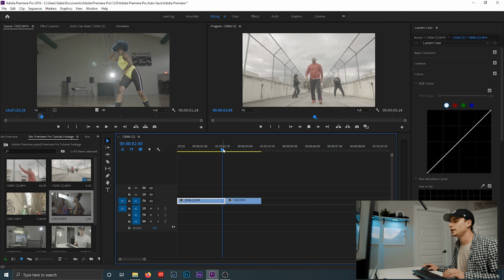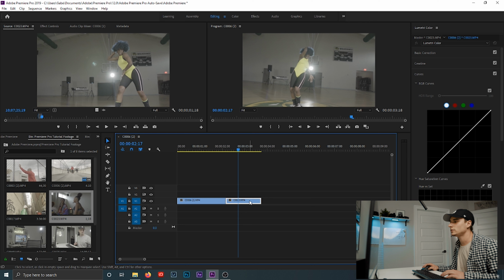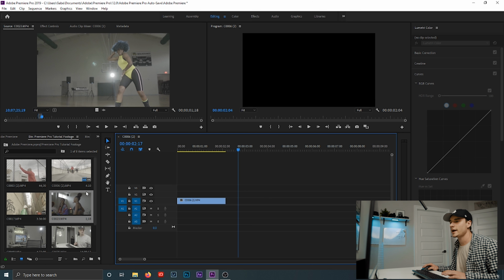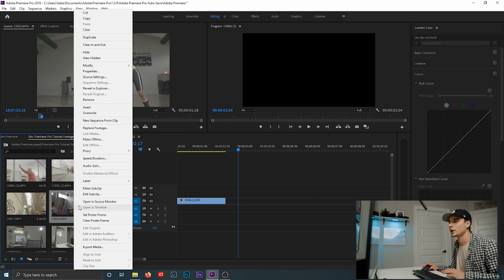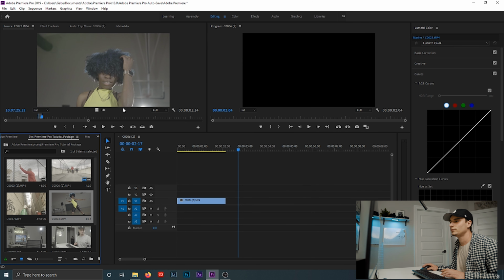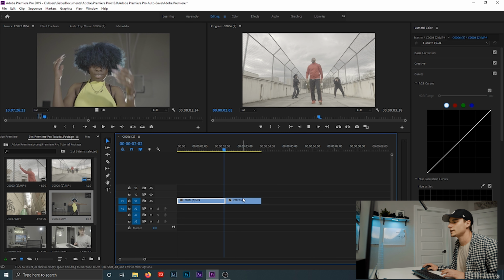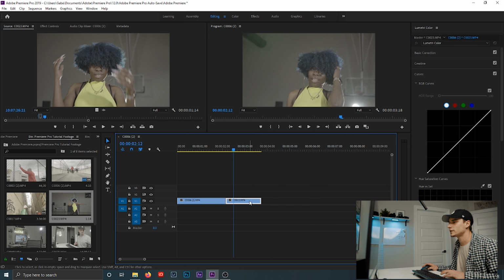Okay, now that we got the 1080 in there and it's scaled to frame size, as you can see, it's right there. If you want to slow this down, what I'm recommending, the reason I shoot 60 frames per second is for slow motion. Let me delete this clip, and we're gonna go back to our import settings, or to the import file. We're gonna right click on it. We're gonna go to modify, interpret footage, and assume this frame rate is 24 frames per second. And boom, we got it right here. And as you can see, we're gonna scale it to frame size so it fits the frame,